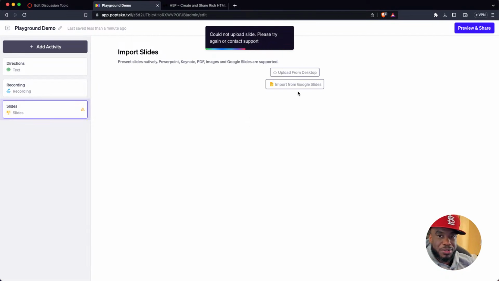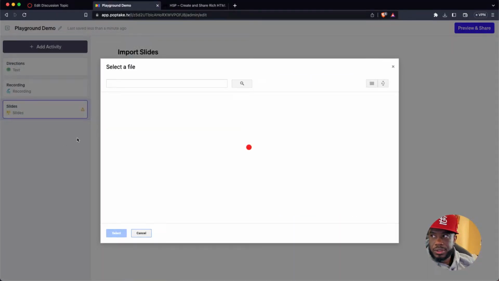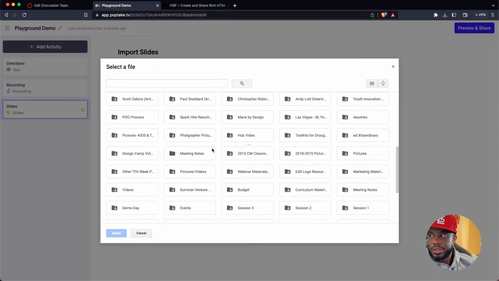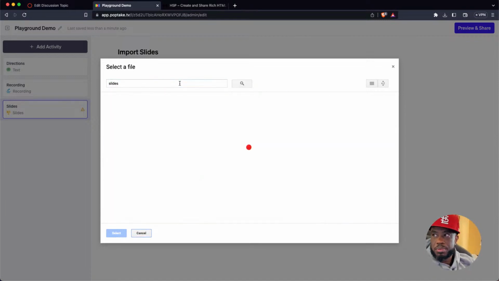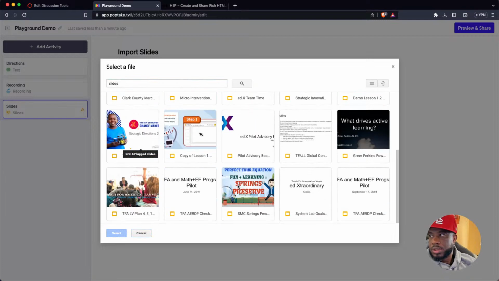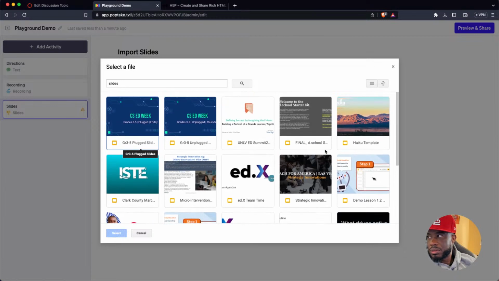It's not going to bring those slides in, which kind of stinks. Oh, why? Let's see. That was a temporary, momentary blip. All right, let's see. I thought I had some other slides in here.